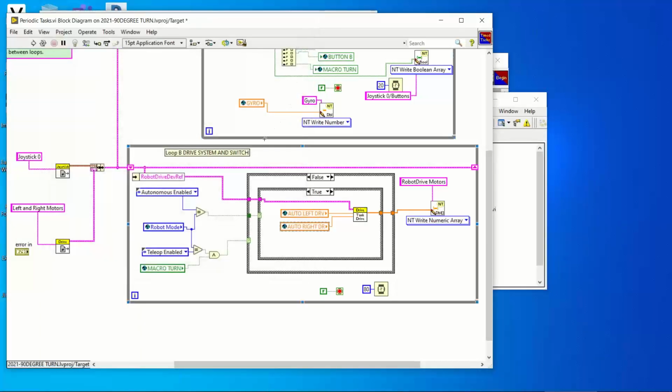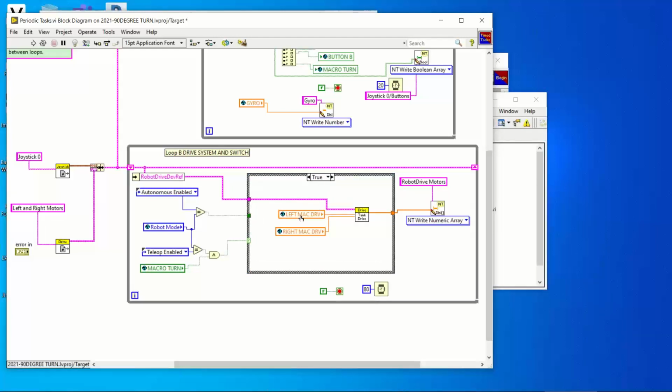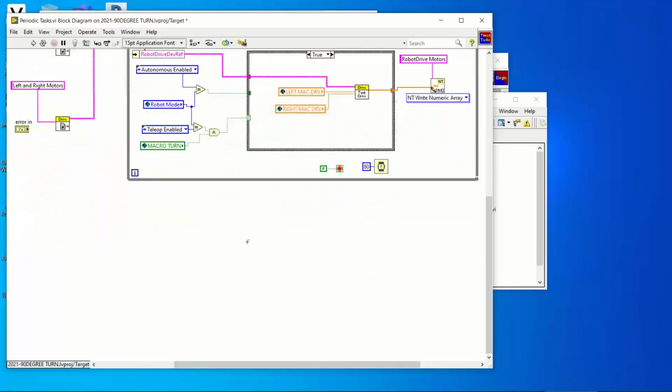Sorry, what were the left Mac drive for? It's this stuff right here. Oh, okay. All right, it's going to be controlling the tank drive, and they're coming from the state machine, which I'm going to build right now, right down here. Okay, now how do I do this? Let me get my